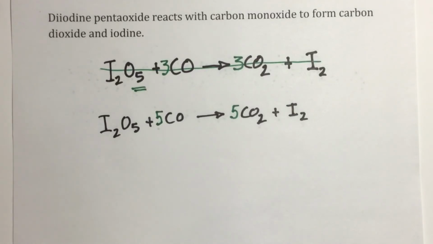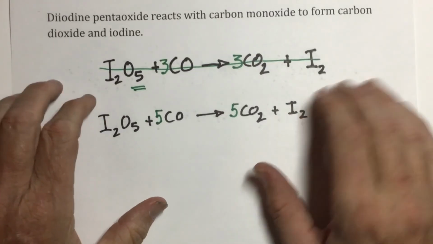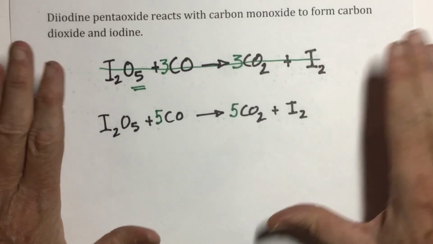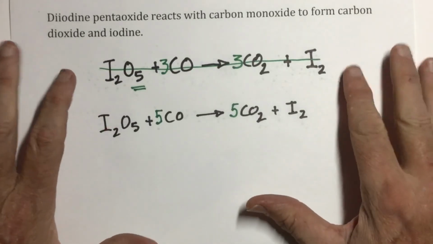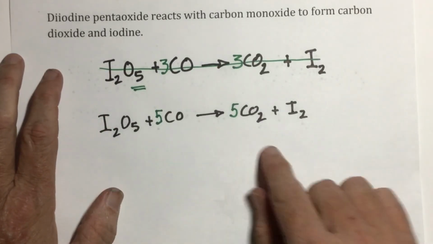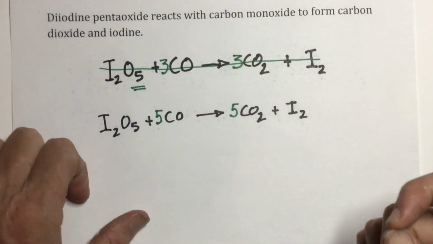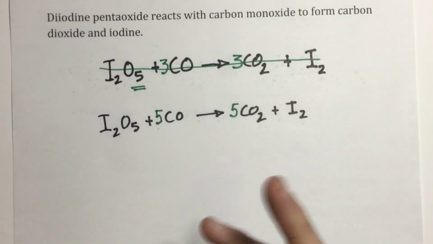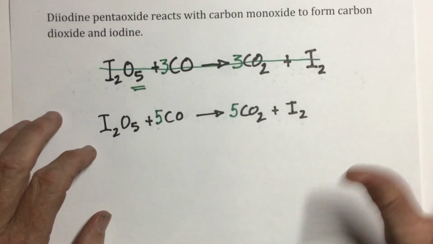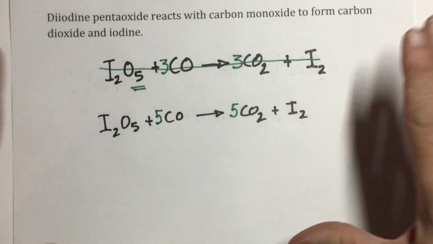Now, this is the method for balancing pretty standard chemical equations. They do get much more complicated than this, and we have other techniques to do that. We can use half reactions and oxidation numbers and stuff, but that's for another time. This is just for your basic